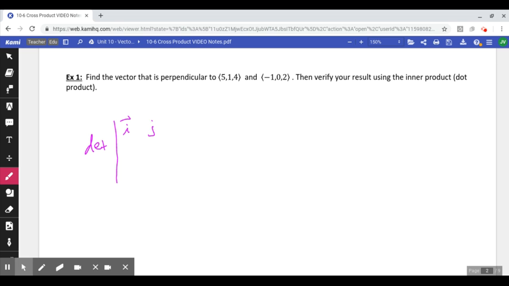So I'll have vector i, j, and k. That'll give us our x, y, and z components. And then I'm going to list the first vector 5, 1, 4 here, and the second vector negative 1, 0, 2 here. What I'll do then to find the determinant of this 3 by 3 is break this down into some smaller 2 by 2 matrices. I'll write vector i,